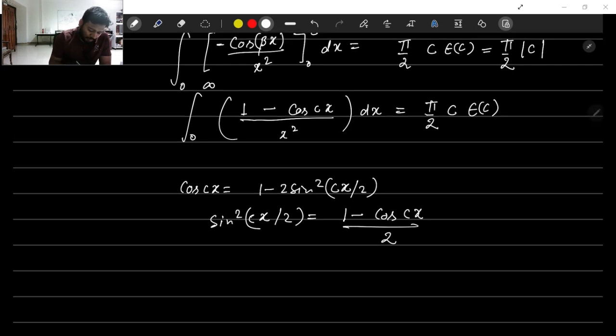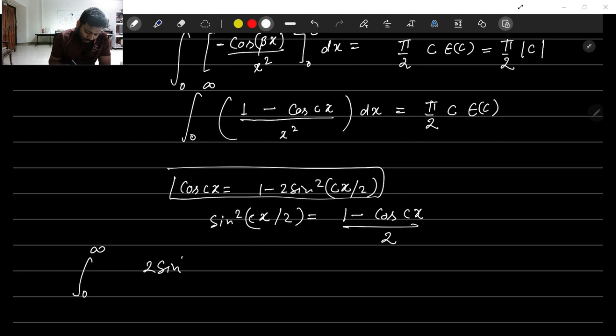So if you put this form in the above integration, this will become the integral from 0 to infinity of 2 sine square cx by 2 divided by x square dx,